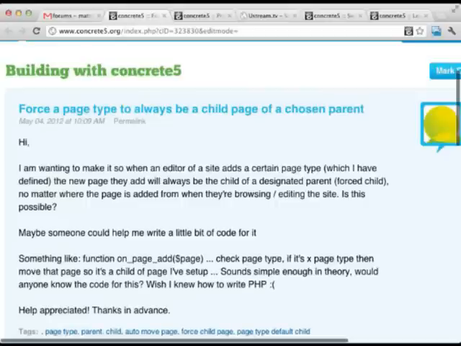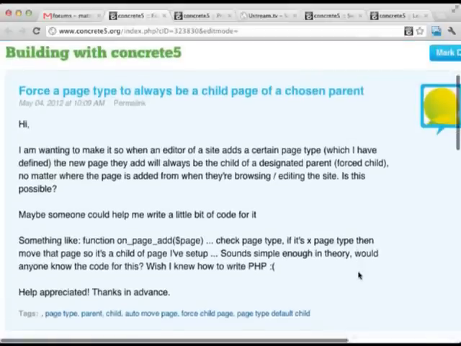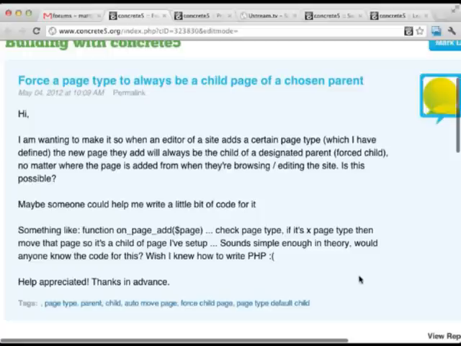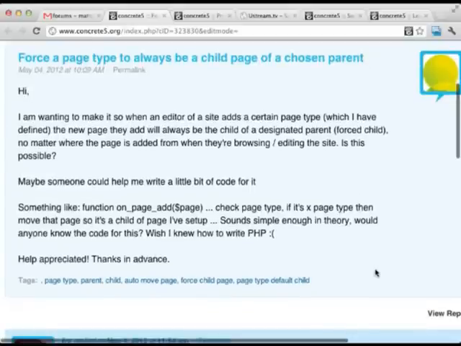They want that page type to always show up under a specific page somewhere else, even if the editor adds it in the wrong spot. Basically they want to rope their client in, so they aren't adding pages to the wrong area.